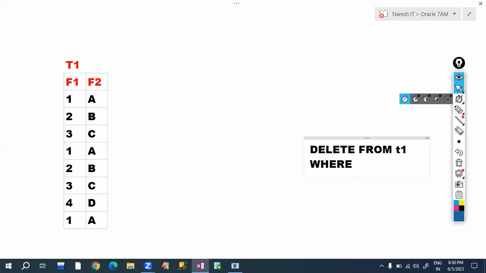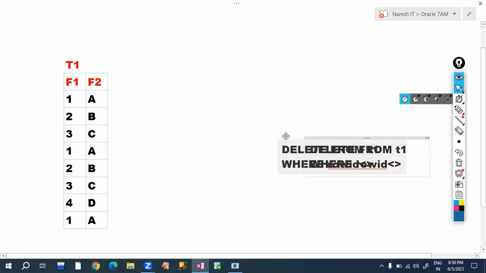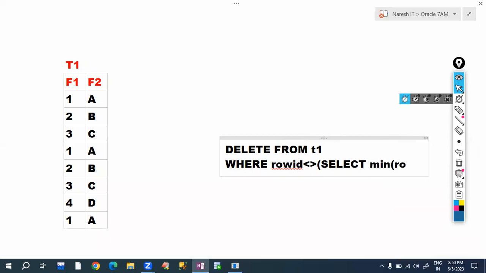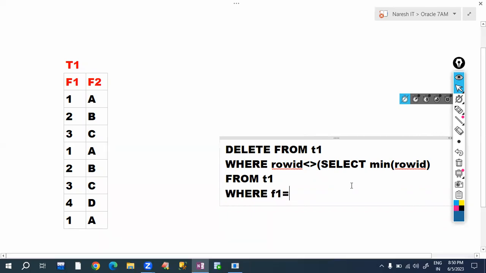Okay, where row ID not equals to, here find the minimum row ID here. So select minimum row ID from which table? T1 table, where F1 equals to,